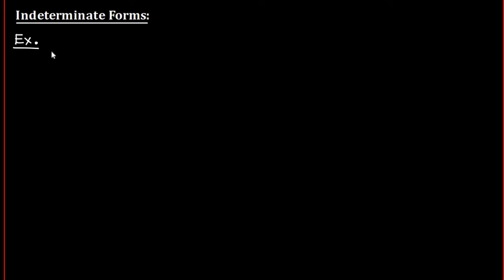Let's consider one example to evaluate the limit of a function as x tends to infinity, x raised to n upon e raised to kx, where k is a constant. To evaluate this limit, say we call that limit L. As x tends to infinity, if you substitute x equal to infinity in the numerator, we get infinity. The denominator will be e raised to infinity, again infinite. So we are getting the indeterminate form infinity upon infinity.